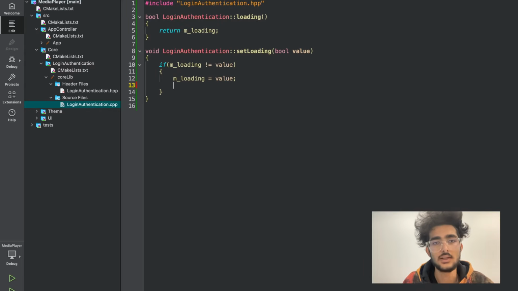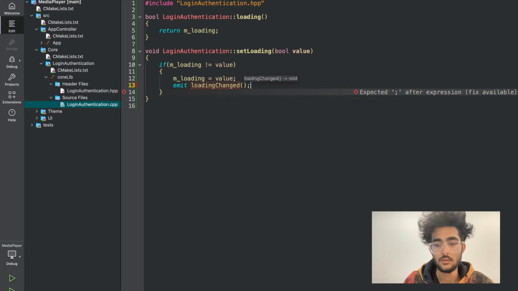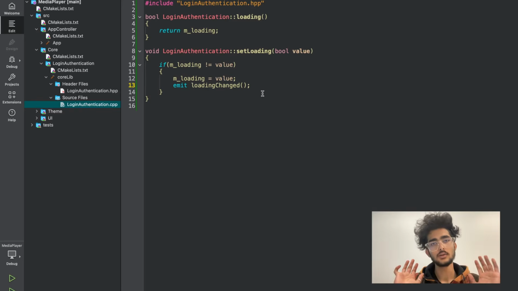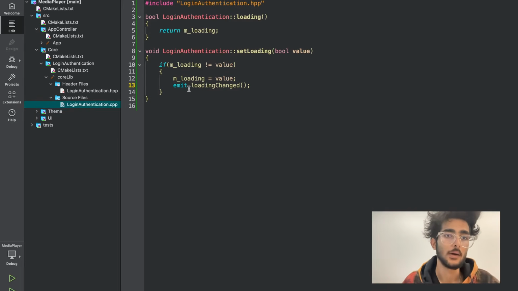So this is changed, and after changing we also need to let the system know, the Q_PROPERTY know, that the thing has changed, and we already have a signal called loading changed, and we need to emit it. You check whether the value had changed or not. If it had changed, you set the new value, and then you also updated the system, or let the system know, that this thing has changed through the signal. Okay, now